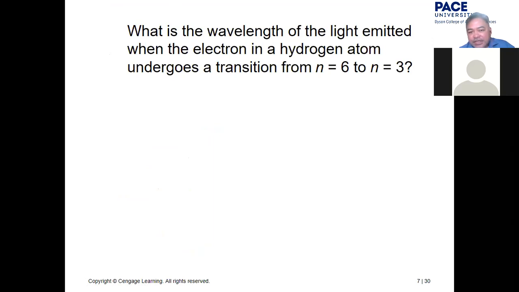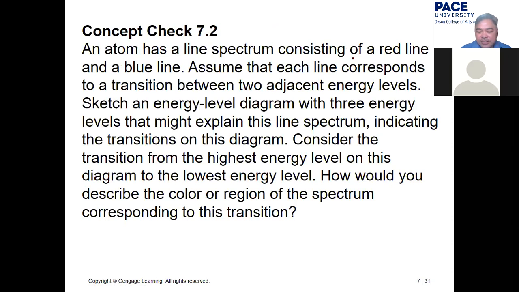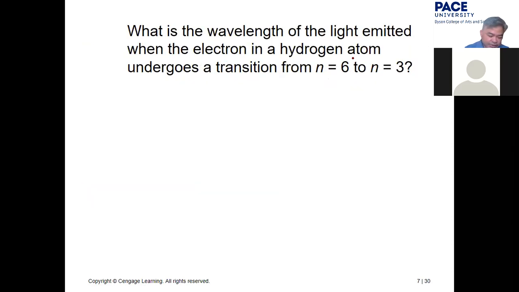Spectrum. Okay, so what is the wavelength of the light emitted when an electron in a hydrogen atom undergoes a transition from n equals 6 to n equals 3? So we can just put here E equals the negative Rydberg constant, then 1 over n final squared minus 1 over n initial squared. So if you're going to put the values that we have here,